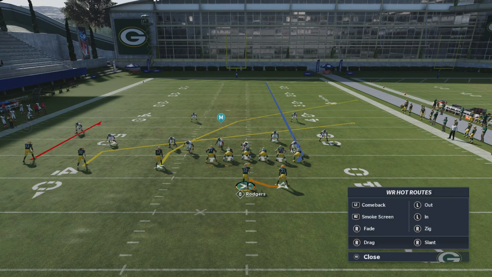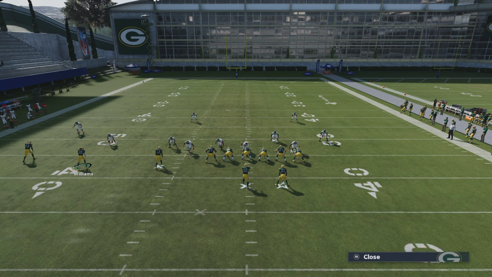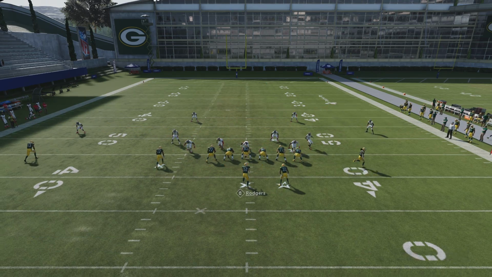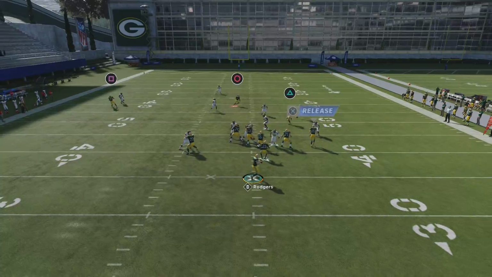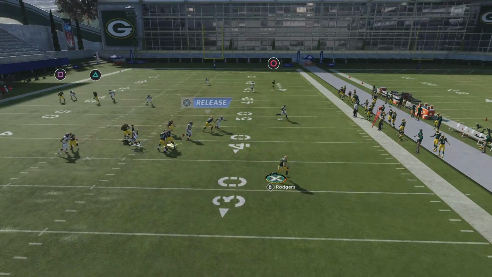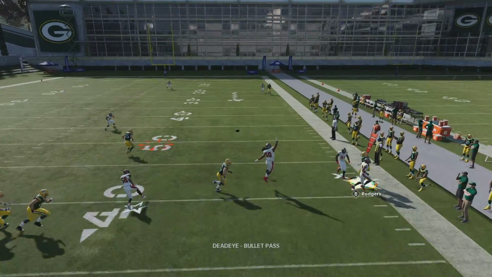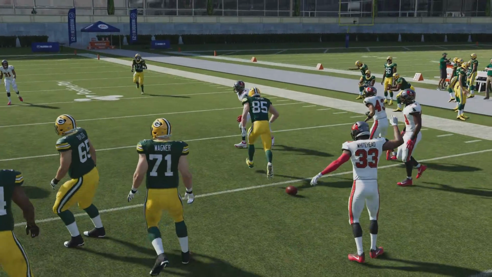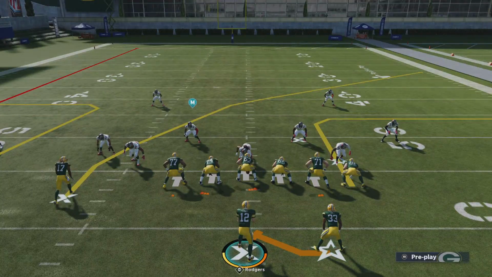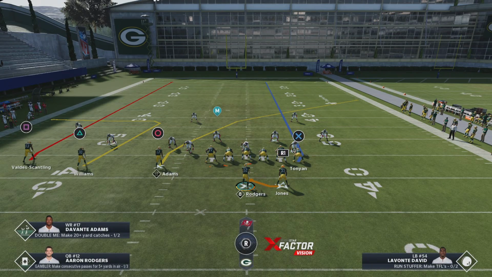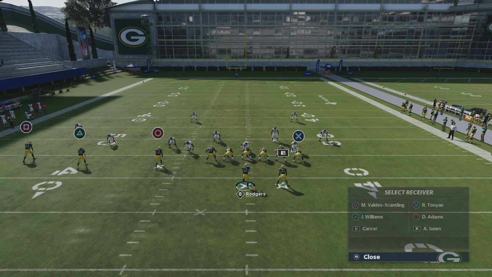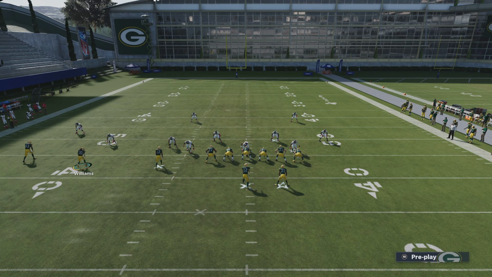If for some reason they have everything guarded, and I'll show you the play art on this as well. I'll take a picture of just how I run it. And I'm just going to destroy man every time with this play too. Maybe not for a touchdown. Obviously, I think Devontae would be a touchdown there, but we're going to roll out, release that check and release, boom, he's open. If there wasn't that zone there, that would probably be the user. That's naked. If he goes to guard the crosser, you just roll out, and what you're going to be paying attention to here, I'll go through it and tell you in detail what's going on, is